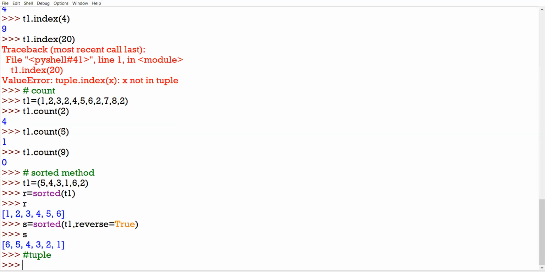Basically, the tuple method and list method work as constructor methods. Constructor means to construct, to create. They create the object from some different object.